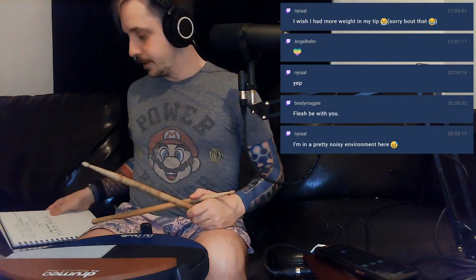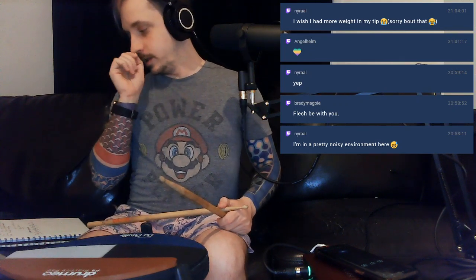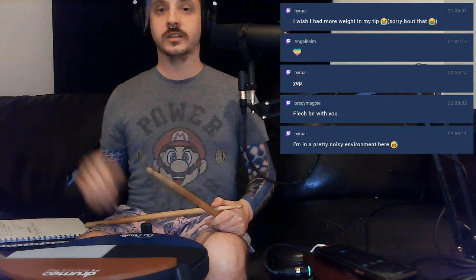So, all right, I guess we are going to work on just basically the way that push-pull will work is we're going to alternate between singles and doubles. The singles and the doubles are equal distance, so you're always going to be playing eighth notes. So the singles are eighth notes. 1 and 2 and 3 and 4 and 1 and 2 and 3 and 4.